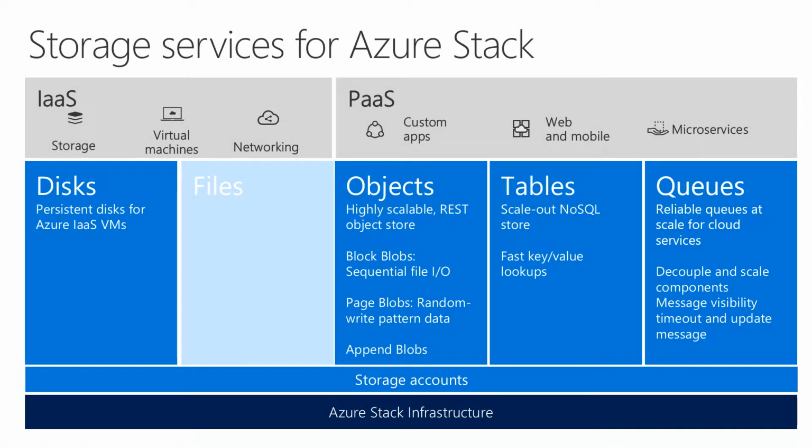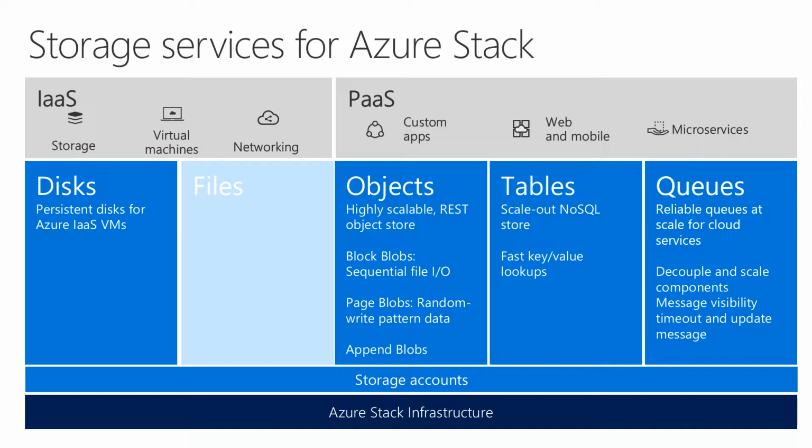This slide might look familiar to you. It's more or less the same in Azure with some minor differences. On the left side, you can see all the infrastructure as a service components like storage, virtual machines, networking. In this area, we mainly rely on disks. Disks means persistent disks for Azure infrastructure as a service VMs, for example. The second service here is files, which is not available in Azure Stack today. Azure Files is kind of